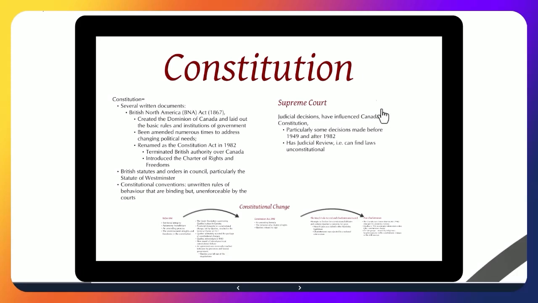The Supreme Court being the body of governance that enforces and guards the Constitution and interprets it. The judicial decisions have influenced Canada's Constitution, particularly some decisions made before 1949 and after 1982. Now, this is a landmark year here. Some scholars say that the Charter of Rights and Freedoms has changed the nature of the Supreme Court in a fundamental way. Some would even say in a way that deviates from British traditions